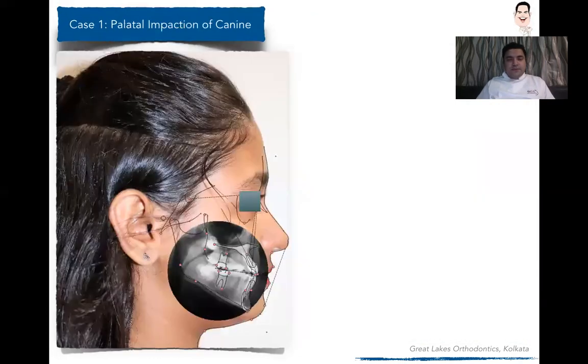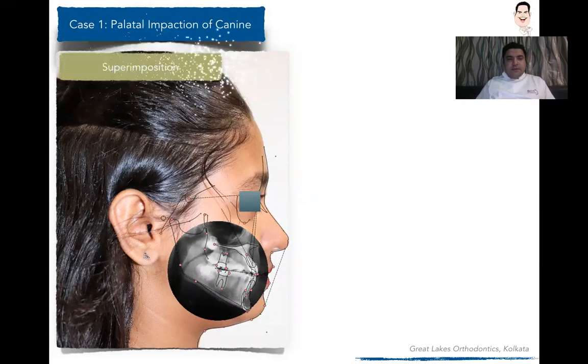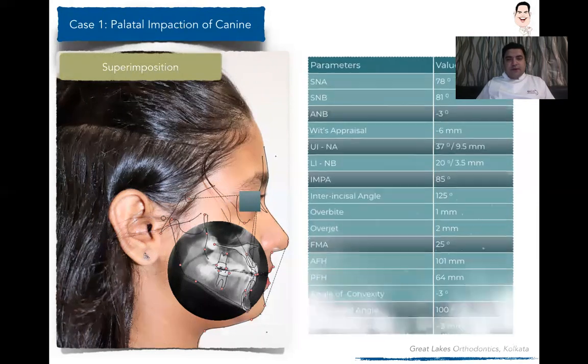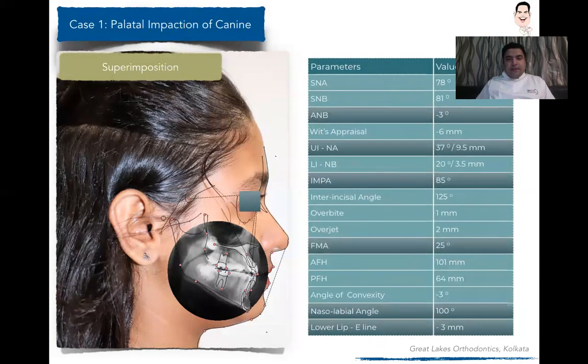So that's the superimposition. When we analyzed it with respect to numbers in a cephalometric superimposition, we found that the A and B angle is -3. So there is a bit of an extrusive component which was there during the course of the treatment, which had a bit of an effect on correcting the class 3 a bit. The upper incisors are well within the arch, and there is a gross improvement of 3 to 4 degrees. So we did not flare the incisors. We in fact retracted them with a bit of proximal stripping and the use of low torque brackets.